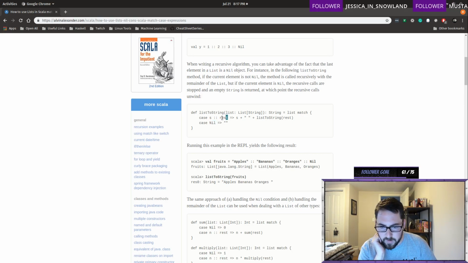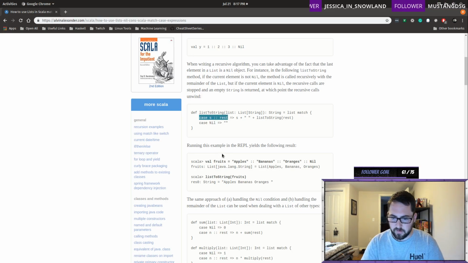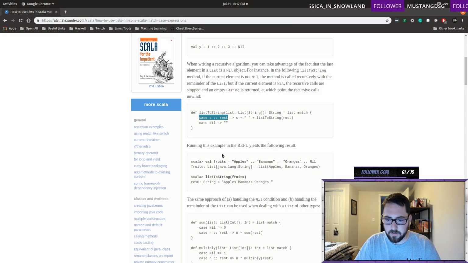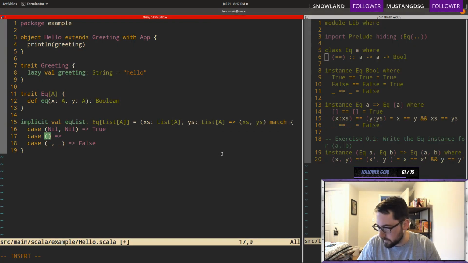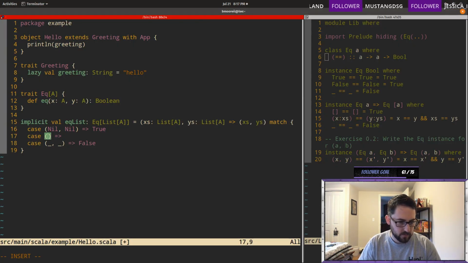Oh, okay. Rest. This is the syntax for getting the head off. Okay. Yeah, it wasn't obvious to me. I've only ever seen that syntax in Haskell. So I guess I do it in here. So we're gonna say like x.